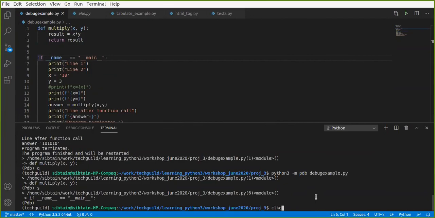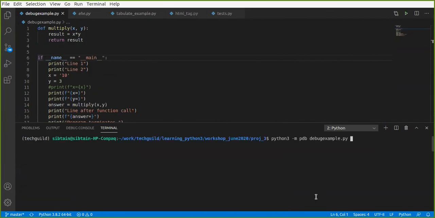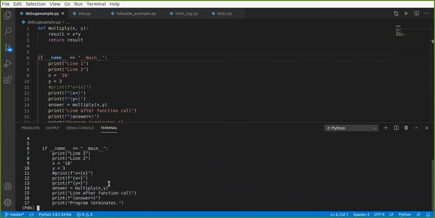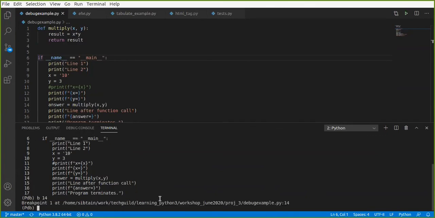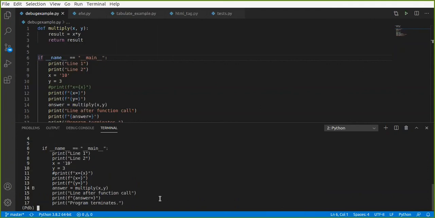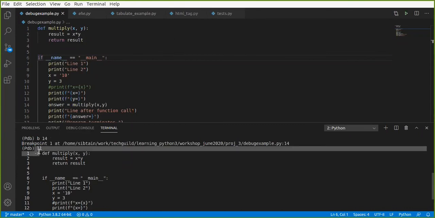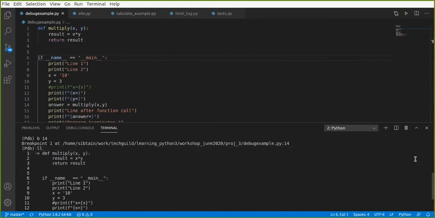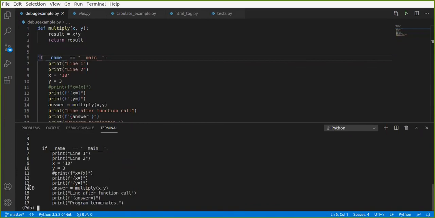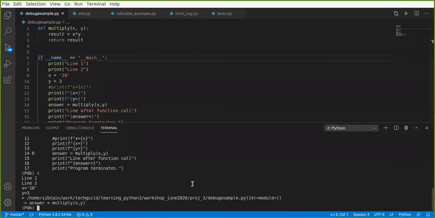Now let's say you started your program and then you want to set up a breakpoint. So I've started my program and I want to set a breakpoint on this particular line 14. So what can I do? b and 14. Now if I press c, where I am right now, take a look. Here you see now my breakpoint has been set. I'm here. Now when I press c, it is going to execute everything all the way until the first breakpoint is encountered. Let me do a c here. See, it has executed all the lines. Now it is waiting where I have set the breakpoint at line 14.